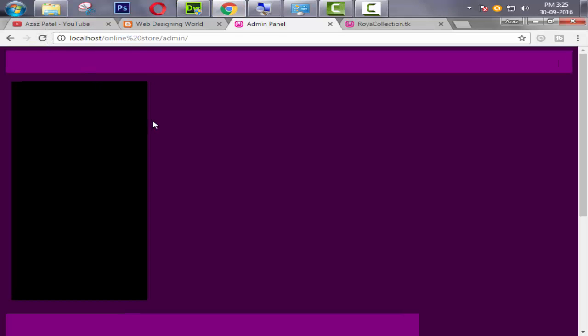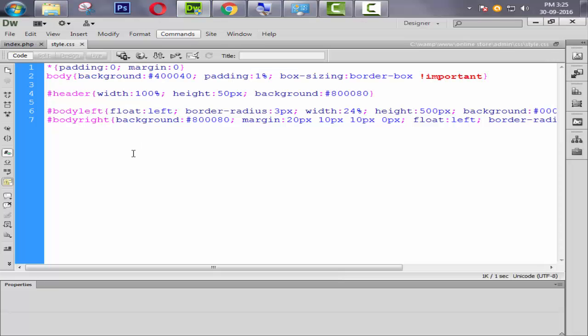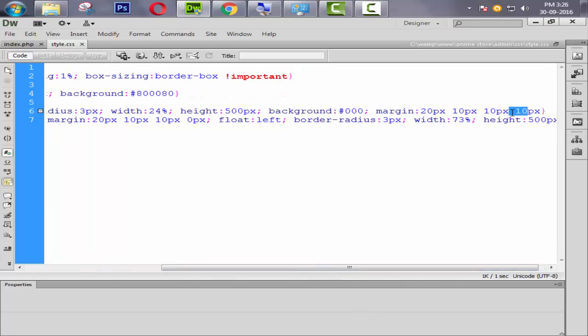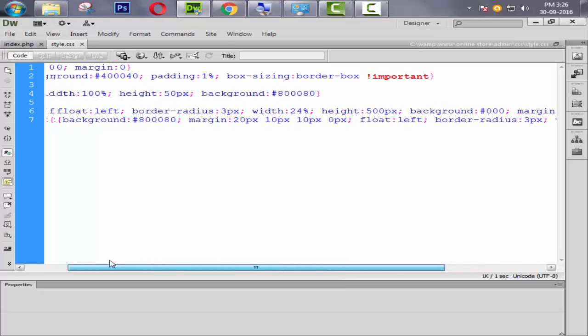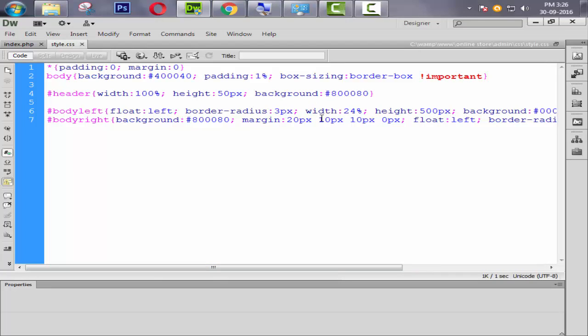Okay, now it's looking very good, but we need to decrease this. Now we do not need a margin from the left side of our body left. So we go to body left margin and we say 0 pixel. Refresh. Now it's looking very good, but we need to decrease this width. So come back here, and we also say from right 0 pixel.